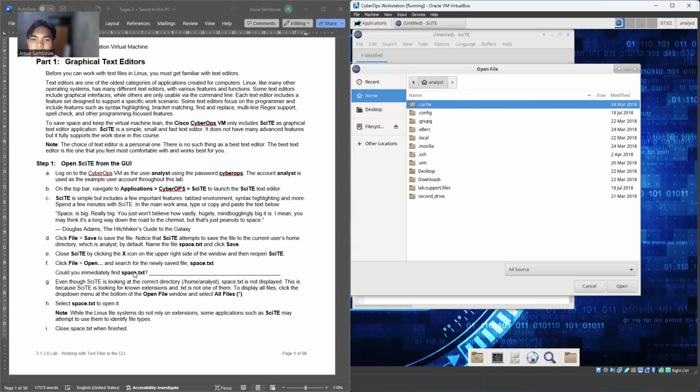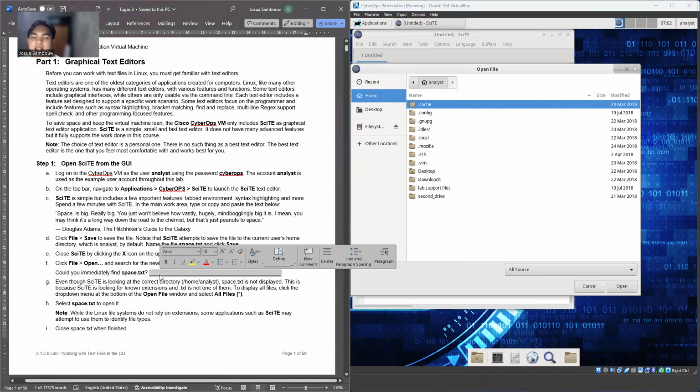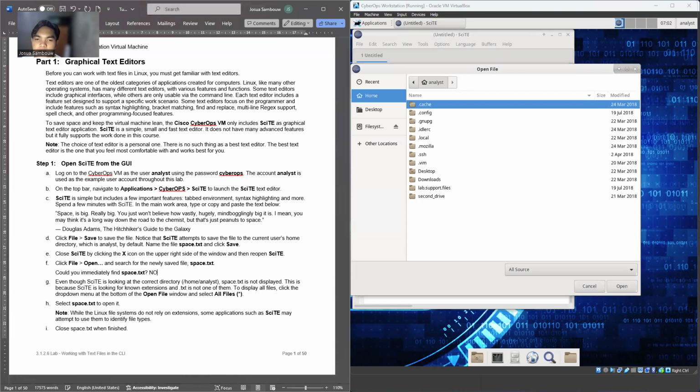Could you immediately find cyber.txt? No. Secara cepat tidak, tapi saya bisa menemukannya dengan step selanjutnya. Kenapa? Saya akan jelaskan selanjutnya.